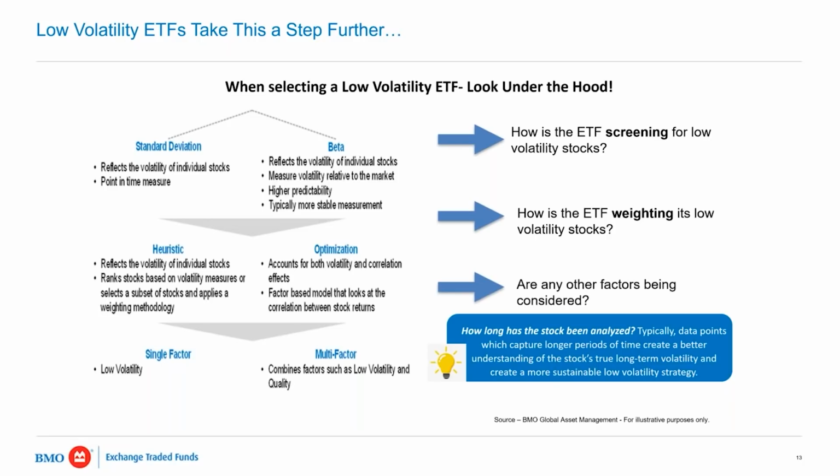So if we take low volatility a step further, we've heard the expression kicking the tires or looking under the hood. I think we have to be careful, because you could look at, hey, you know what? I'm going to go onto my internet here and maybe do a screen for low volatility. We assume, maybe as investors, that all low volatility is the same, but it's not. And we have to be aware as investors of these smaller details, things like standard deviation that we've talked about today, beta that we've talked about today,